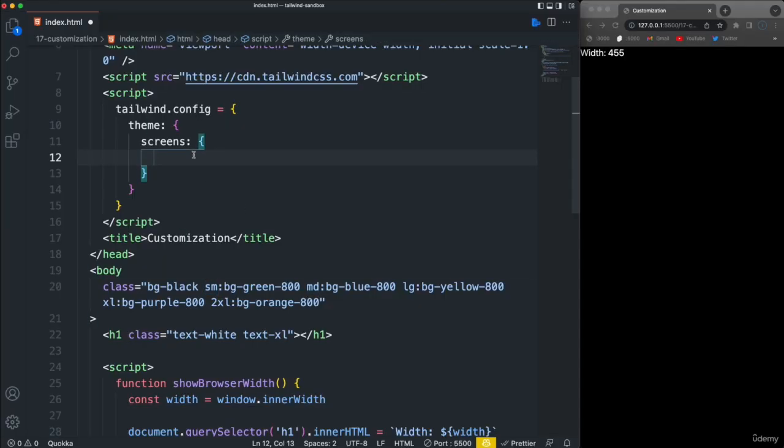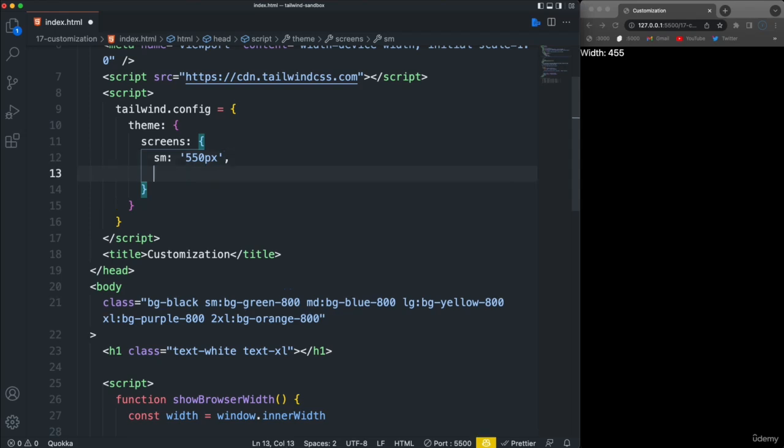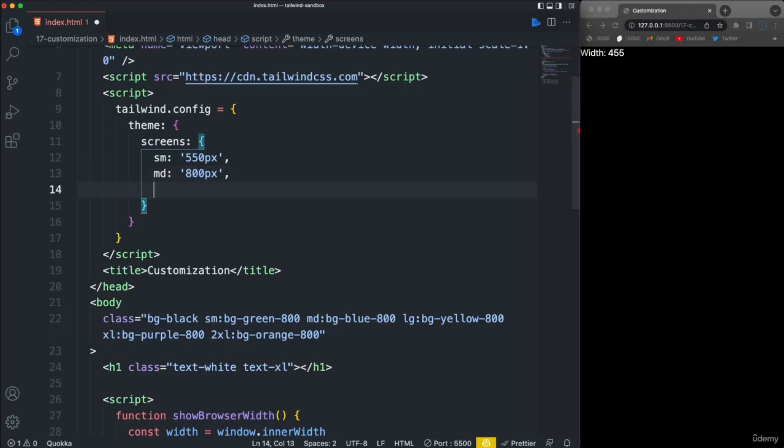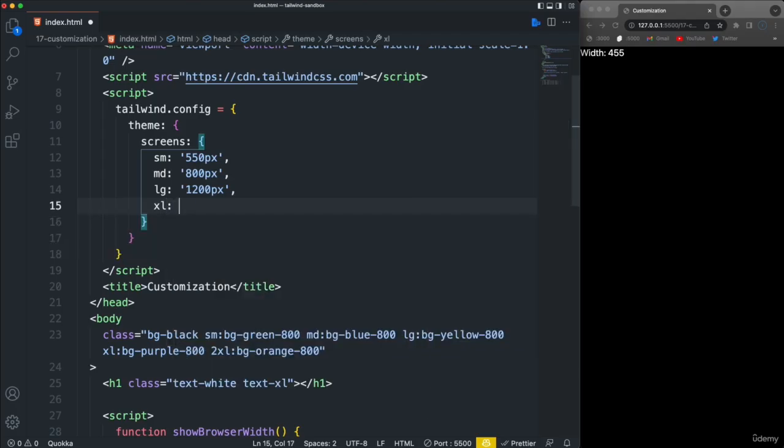So let's say for small, so SM, I want it to be, we'll do 550 pixels as opposed to 640, which is the default. For medium, we'll do, let's say 800 pixels. And then for large, let's do 1200, and then we'll do XL, and for that we'll do 1440 pixels. All right, so just by doing that, if I come over here now and we hit 500, oops,